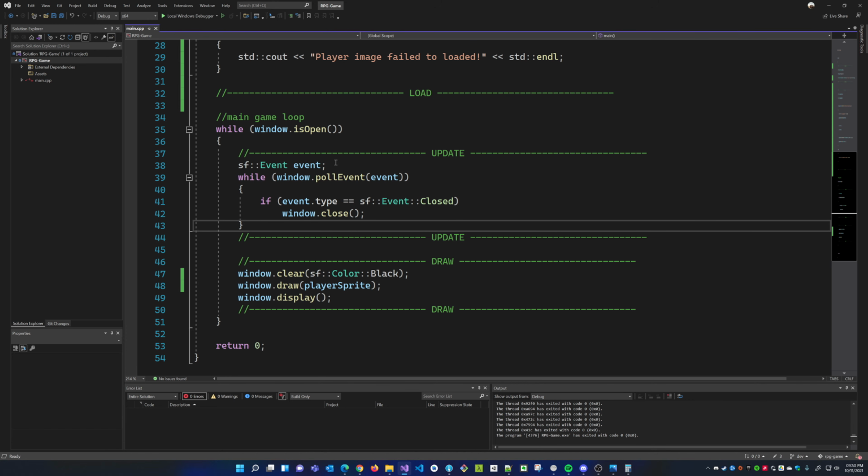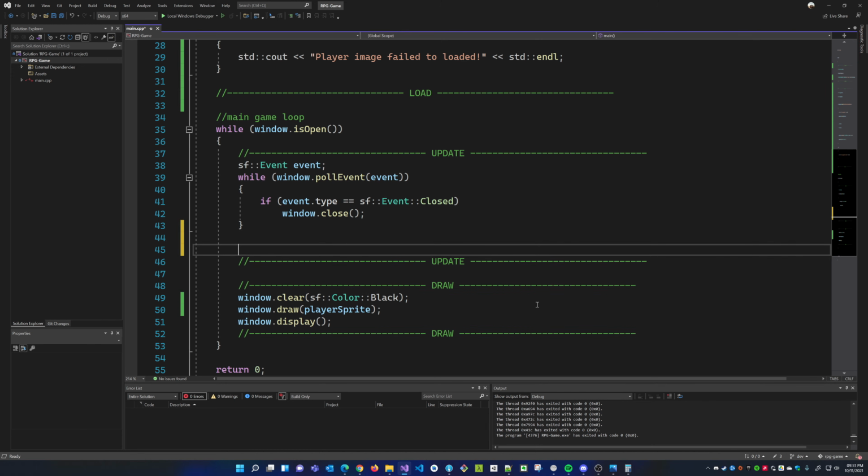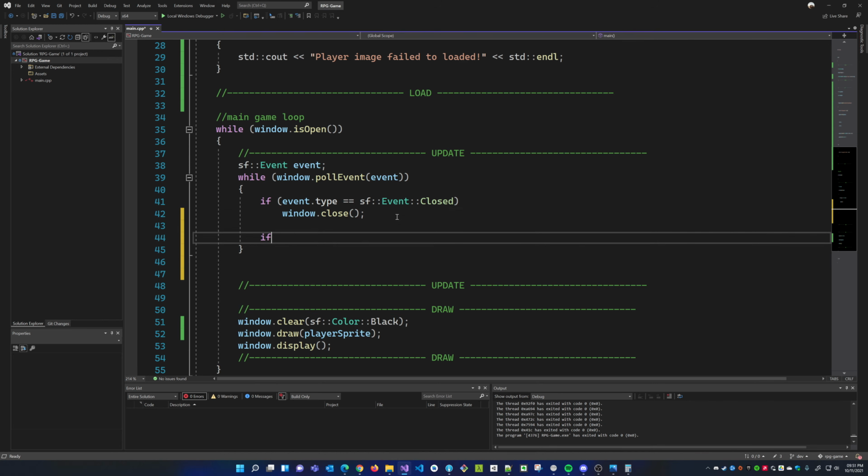So the next part is actually moving the sprite. To do this, we need to check for keyboard input. That's the first thing we do. There's two ways to check for keyboard input. The first way is to check it through the event system. The way we check it through the event system, if I'm not mistaken, I do if